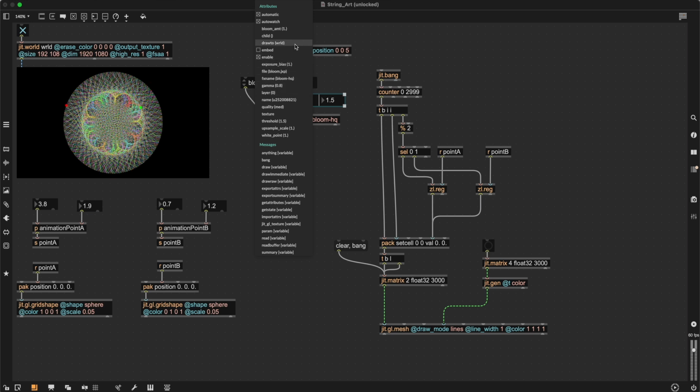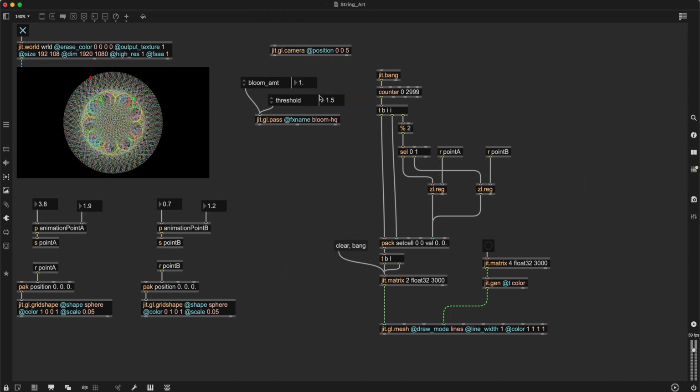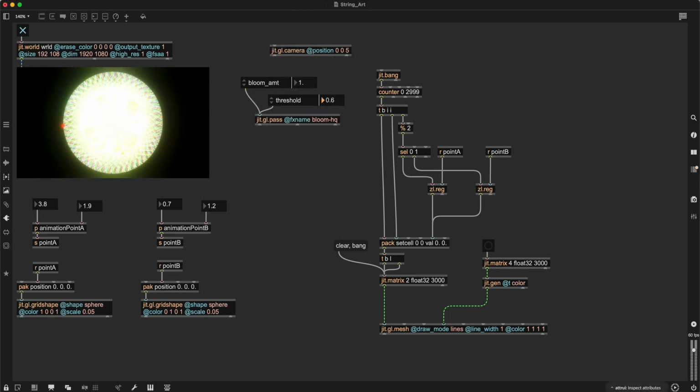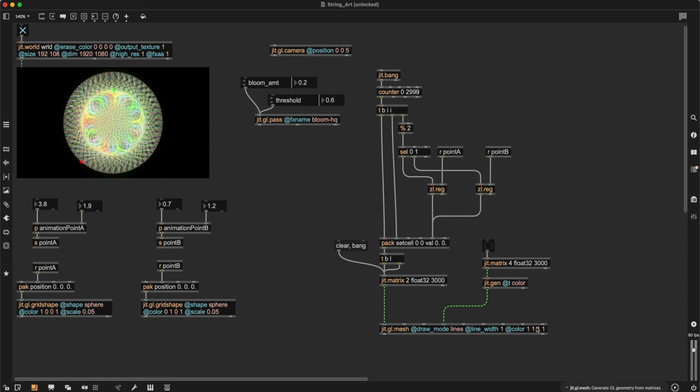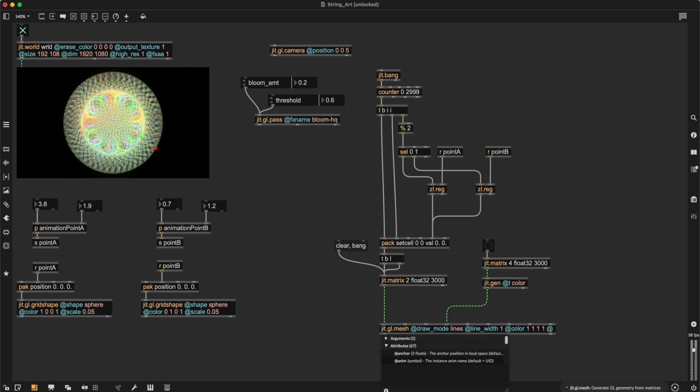Where is it? Why can't I find it? Okay, it doesn't seem to be here. Okay, this is a bit too much. Maybe let's go down with the amplitude and also with the threshold. And we could also, to make it look better, sorry, I'm jumping around a bit, but I just remembered that we could